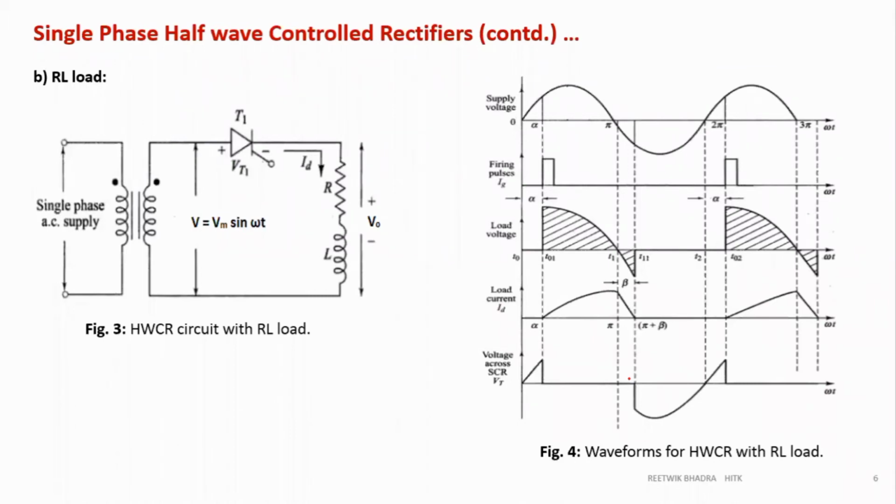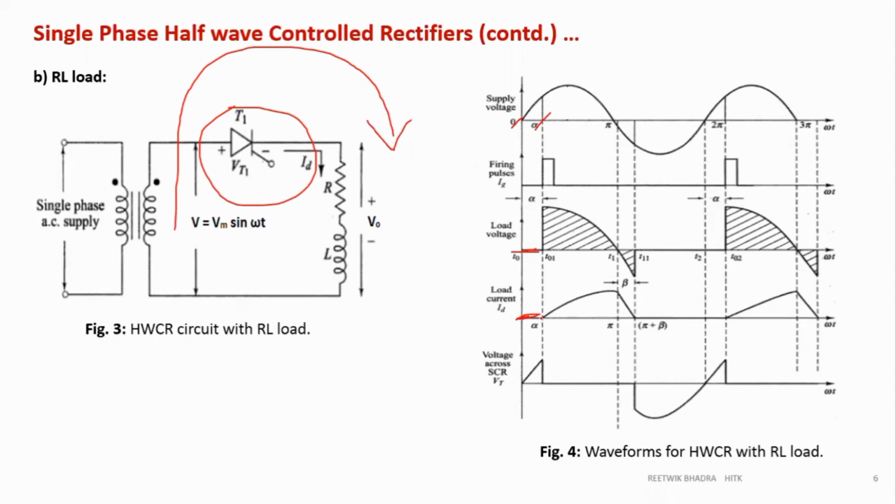Now in the positive half cycle, there is not a problem. So we are just skipping this part, 0 to alpha. What is happening? Thyristor is off. So no connection between this transformer secondary and the load, so no power can be delivered from source to the load. So V naught is 0, I naught is 0. We have considered a discontinuous waveform, so current is starting from 0 only.